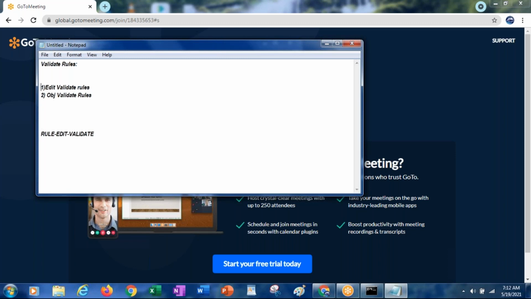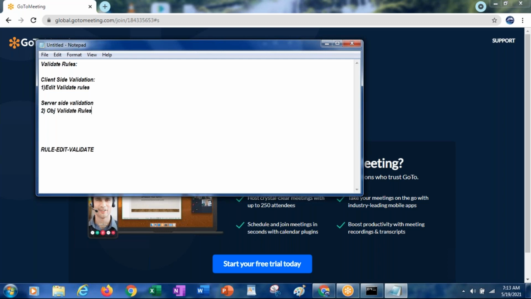These are the two kinds of validation rules. To perform client side validation, we'll be using the edit validate rules, and to perform server side validation, we'll be using the OBJ validate rules.